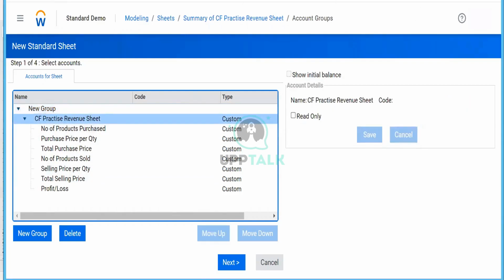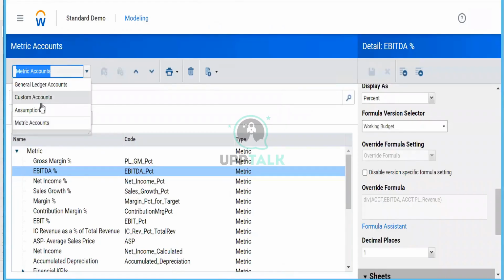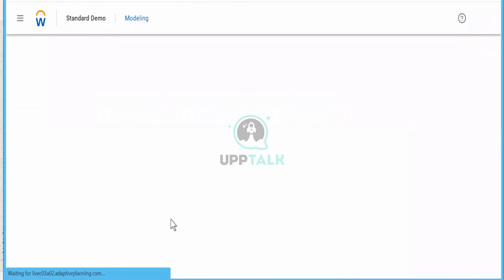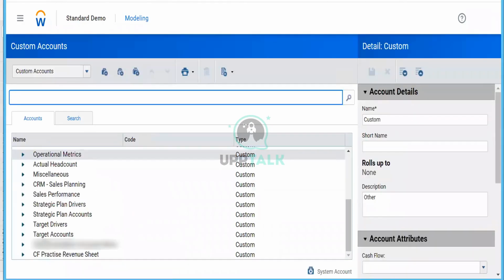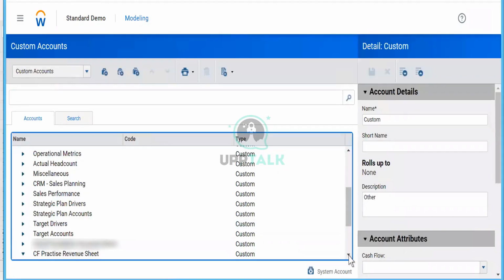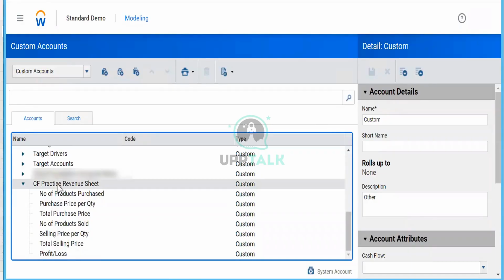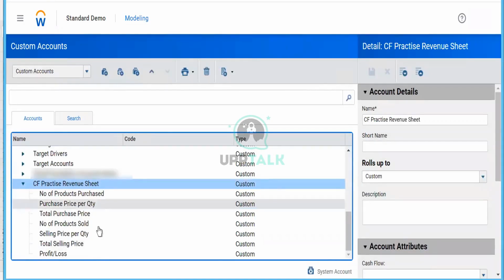It will automatically reflect here because you created that inside this. For example, let's go into custom accounts. Suppose you create one more account inside this only, then it will automatically get added here.